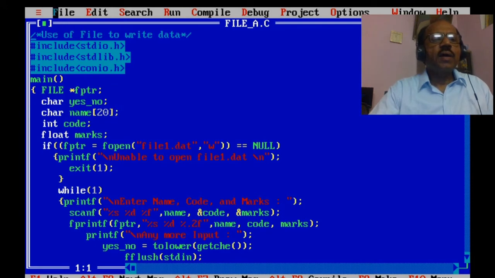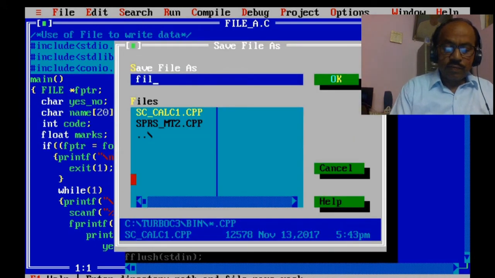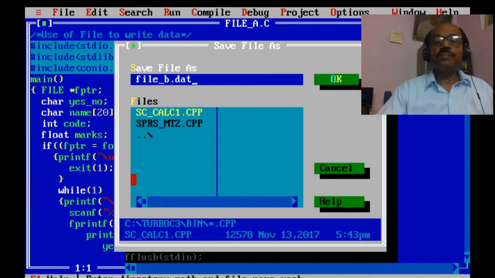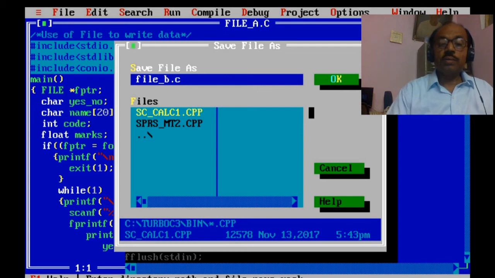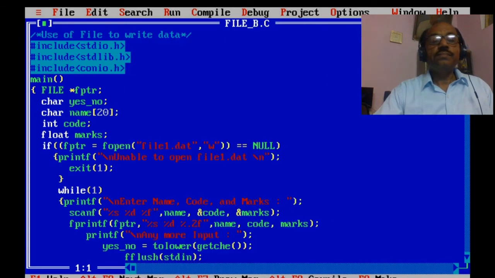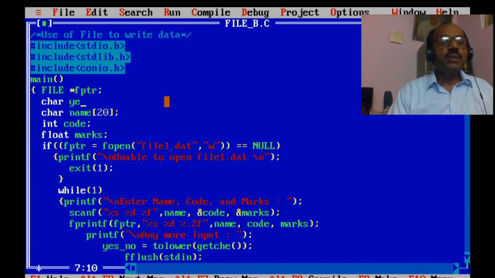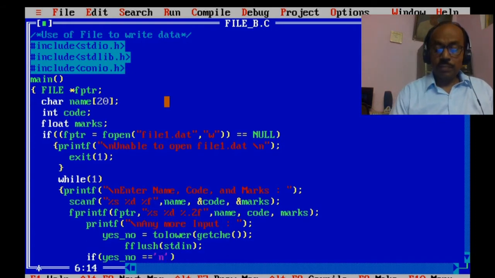Let's save the file as file_b.c. Now this variable is not required.